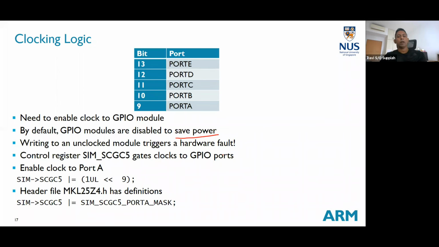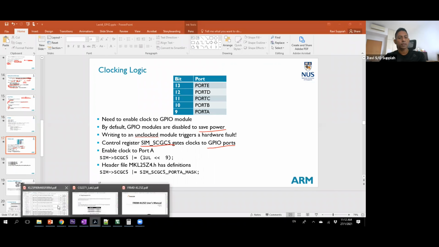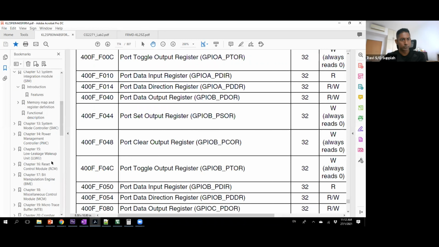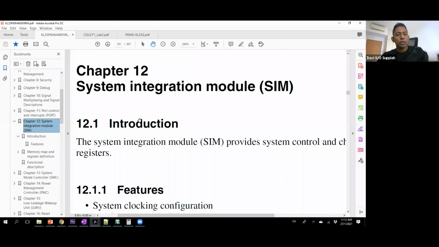For the GPIO ports, there is one particular register called the SIM SCGC5. Let me show you that in the data sheet. In the data sheet, if you look under chapter 12, system integration module,